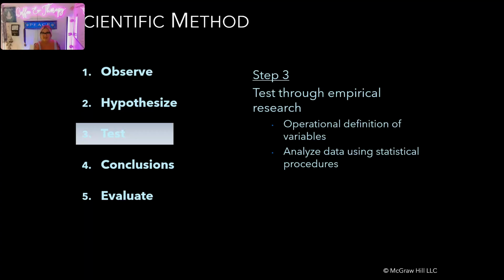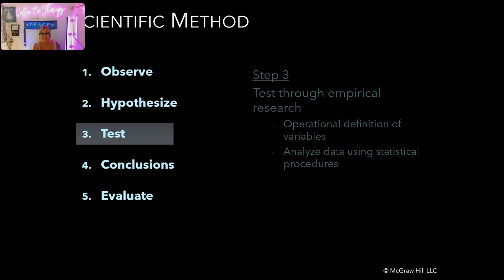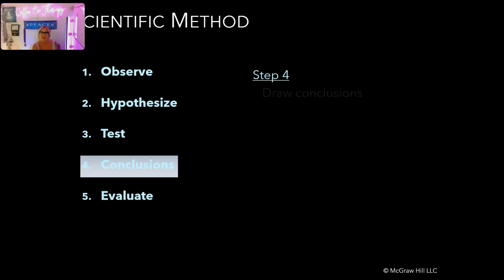Then you're going to analyze the data using statistical procedures. Of course you need to know a little bit about statistics, which by the way is not difficult, because now we have different devices that we just plug data into and it does the work for us pretty much. Then you have to draw conclusions. We have to make sure that results are replicable, right? Replication means that it's going to be stronger. So if things are replicable, then we can say this is a good study, this is a good experiment. So we're testing for reliability.